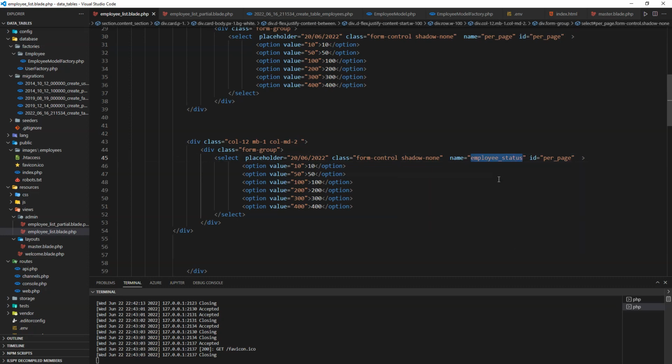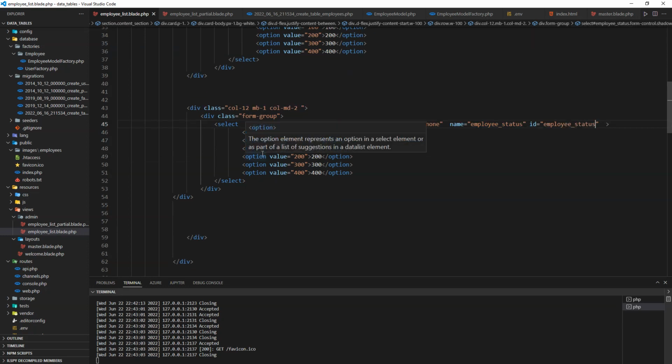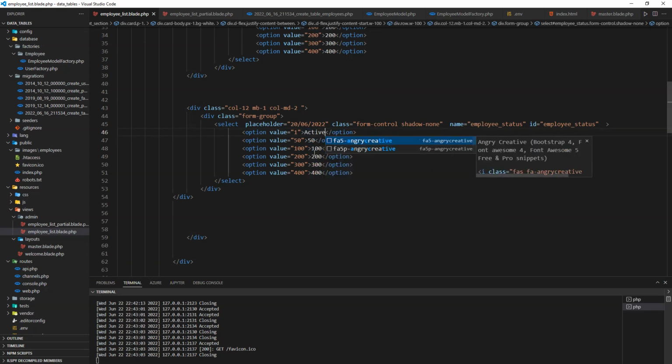Employee status like that, same. And I'm going to have maybe five statuses, and here I'm going to say active, but then active will be maybe you can say active is 1, and then here will be active, and then maybe 0 for inactive,